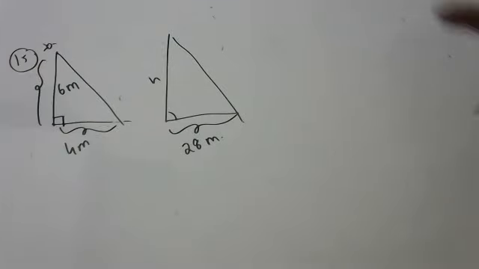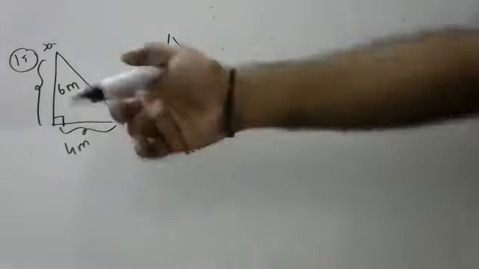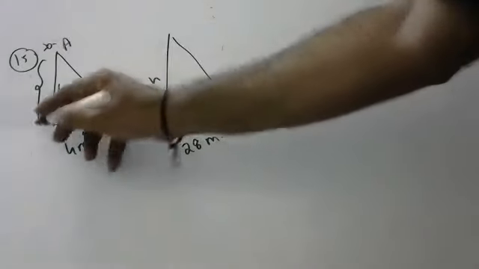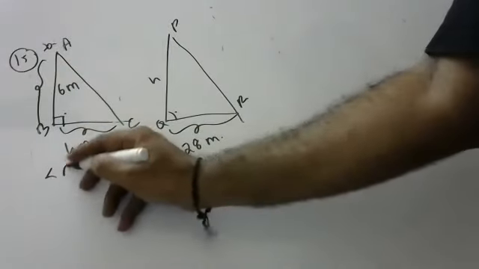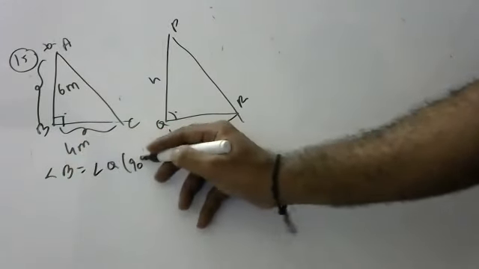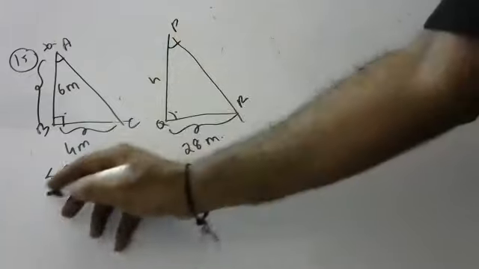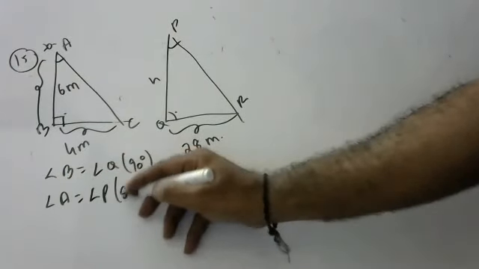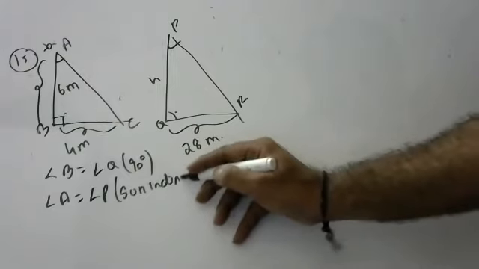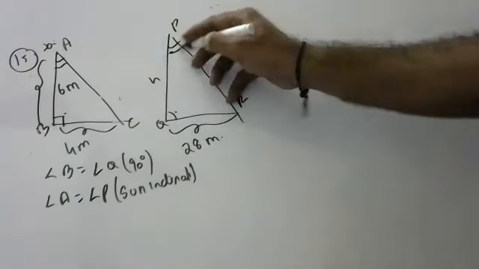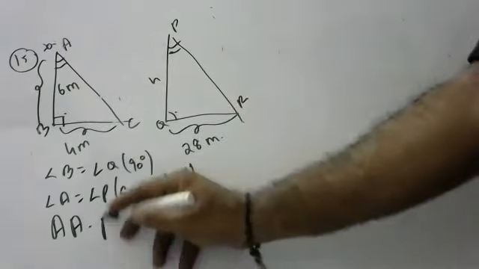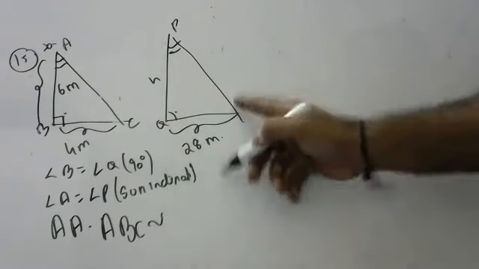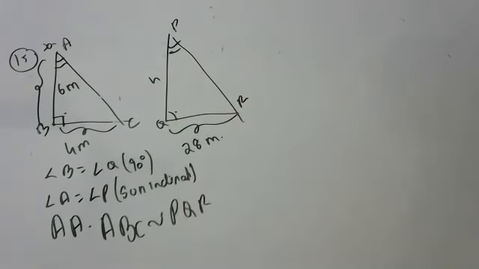Okay, children. I'm doing this in geometry and trigonometry. First, since it's a geometry lesson, I'm doing this first. See here, children. A, B, C, P, Q, R. Angle B is equal to angle Q. Why, children? Any tower or building will be constructed at 90 degrees. Slantingly we will not construct. Angle A is equal to angle P. Why? At a given time, the sun's inclination angle will be the same at all points. So, by AA similarity, ABC is similar to PQR.